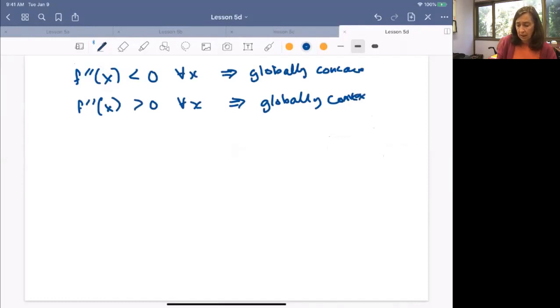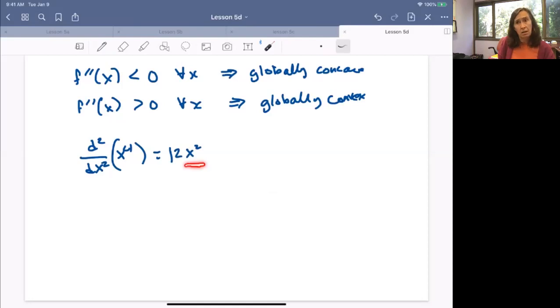So something like x to the 4th power, we take its derivative twice. First derivative is 4x cubed, take the derivative of that, we get 12x squared. Because we've got this square term here, that is indeed always going to be positive no matter what x is, so that is indeed greater than 0 for all x. So that function is